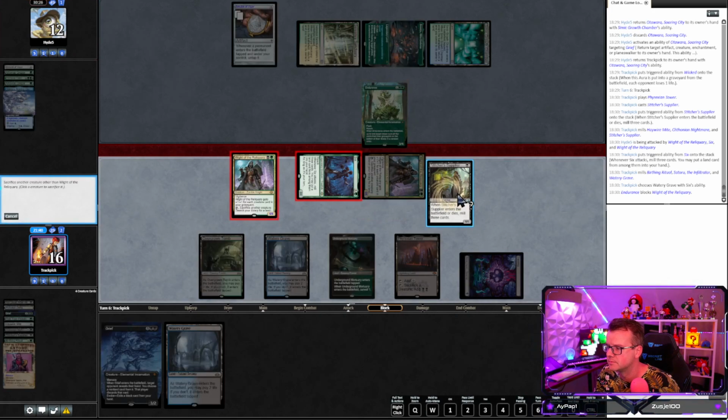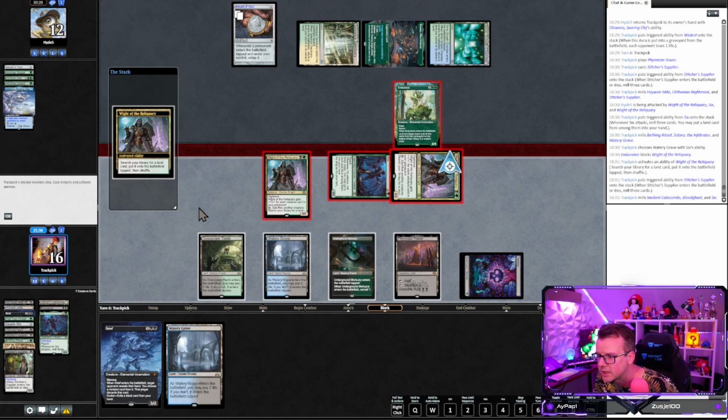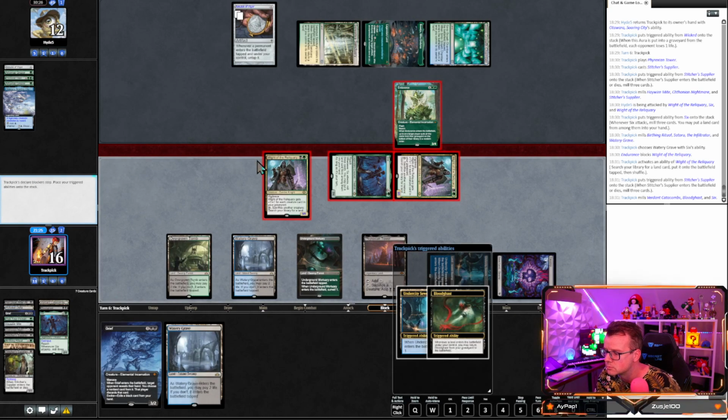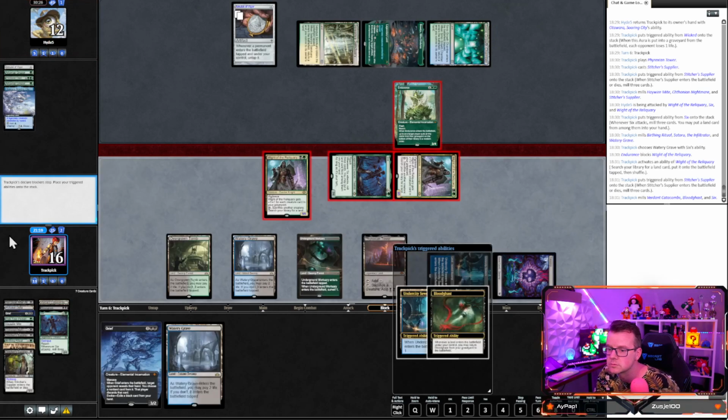I'm gonna sack this guy. Mill 3 cards. See if we get there. 9, 10. Get the Undercity Sewers. Oh, dang, we get that back. We didn't even know that. And we don't want it to come back. We want it to stay there, and we want to sacrifice another guy. Do we? No, we want to...